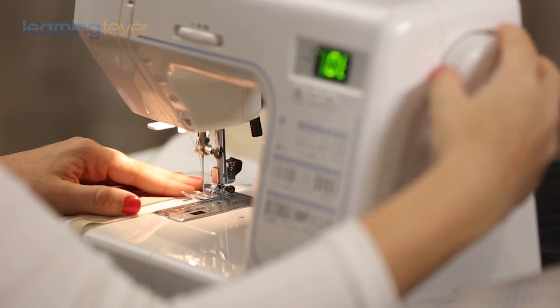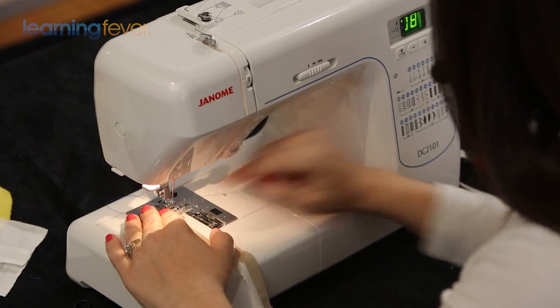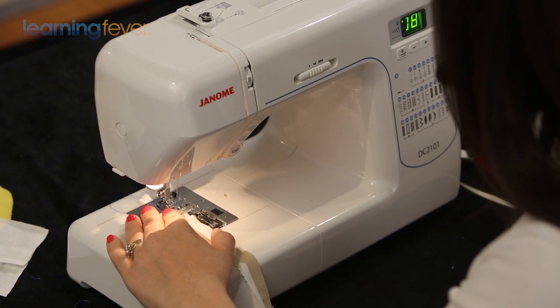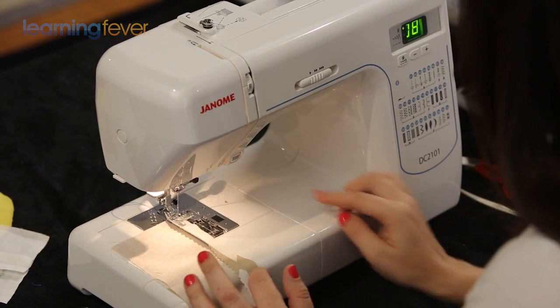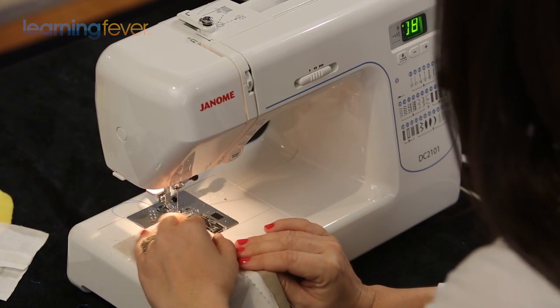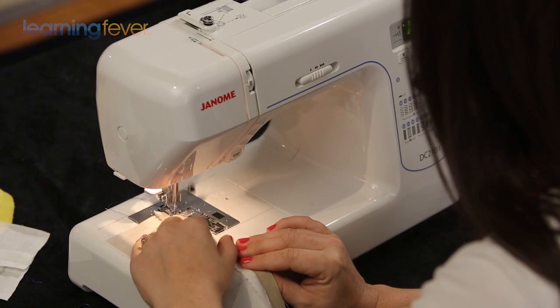Okay, so this is a good gauge for me. I want it to be relatively wide, and I want the needle to go down in the fabric, and then I want it to go on the outside of the fabric, or just right on the edge, to finish and encase all of this. So when I'm ready to go, I pop my foot down,